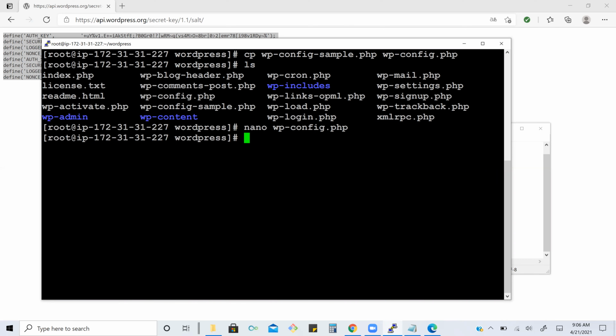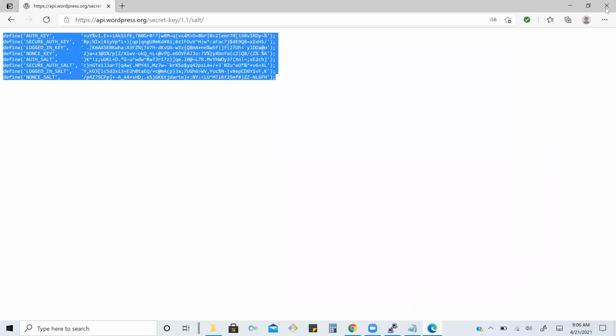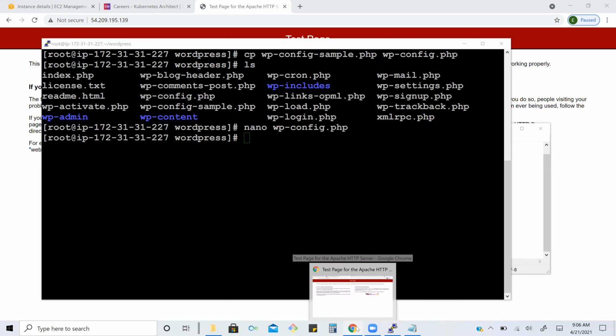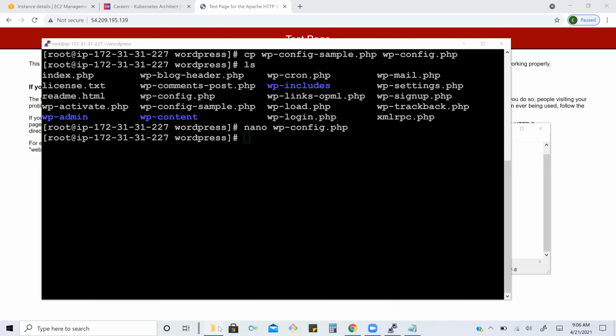Now go back to your lab manual. Again, go back to the browser and go back to the arrow key.